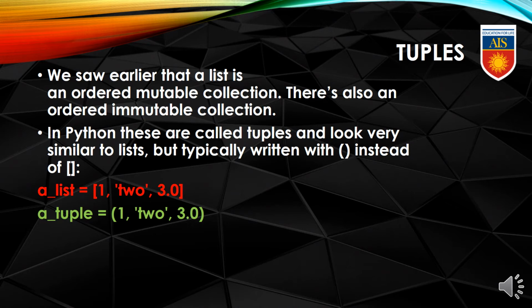So here is the example. It will clear the doubt between list and tuple. A list equals 1, 2, 3.0. We can see these 1, 2 and 3.0 are actually three different items. A tuple equals (1, 2, 3.0). That means, purpose-wise, tuple and list are performing the same thing.